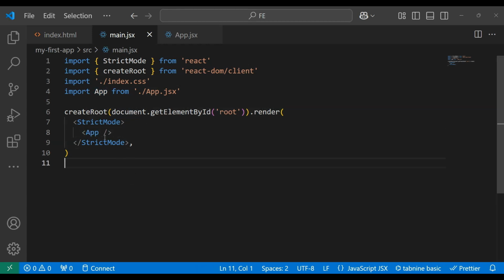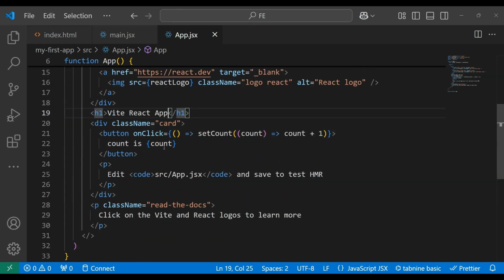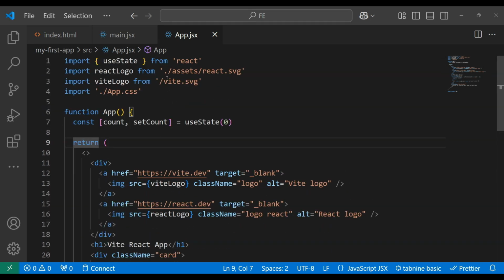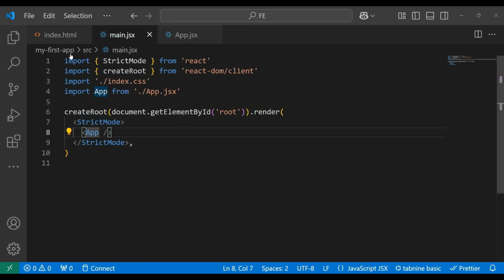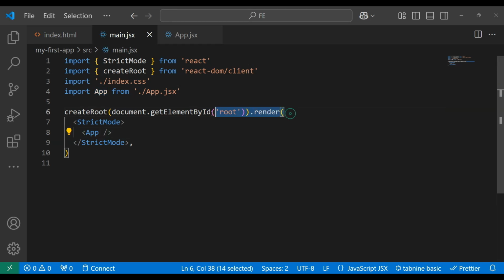So every component we're going to be creating, because we are rendering this app right here, anything we put inside this app component, anything we include inside this return body, is going to be rendered in here, inside this div tag. So that is the job of this